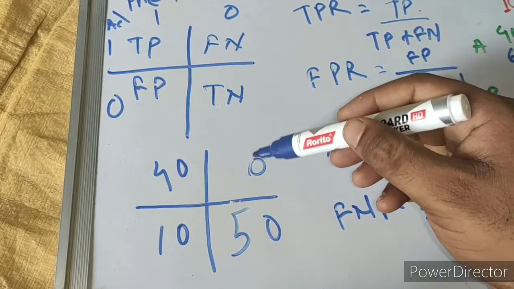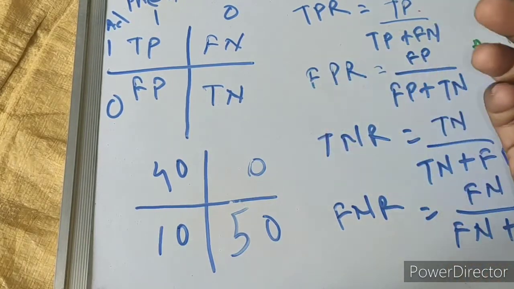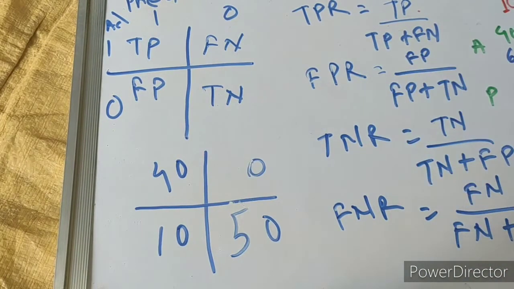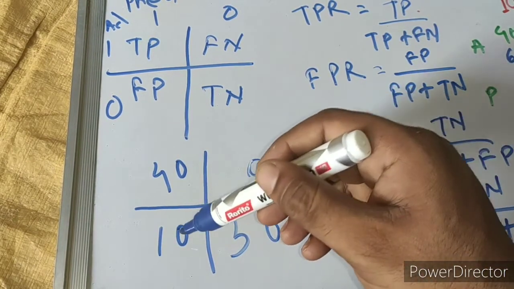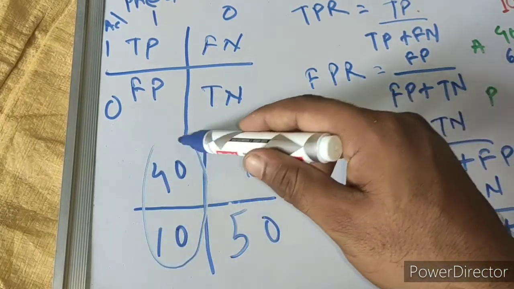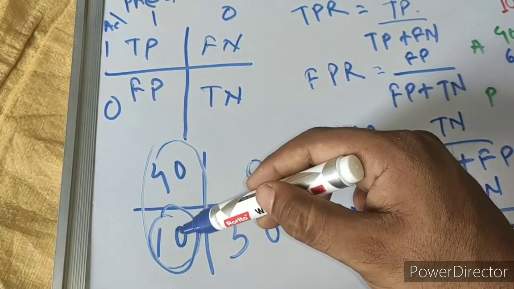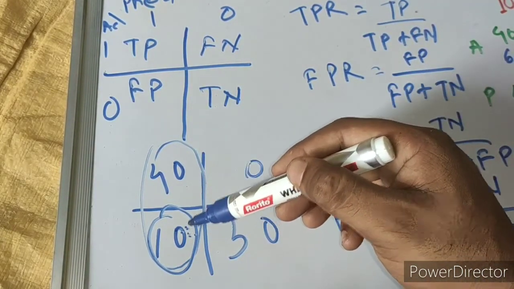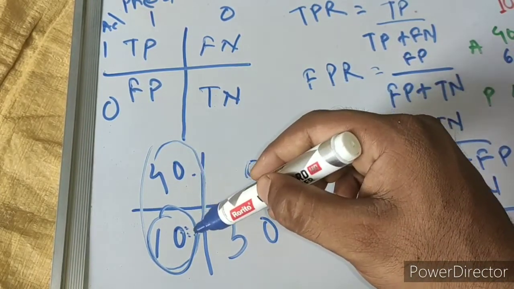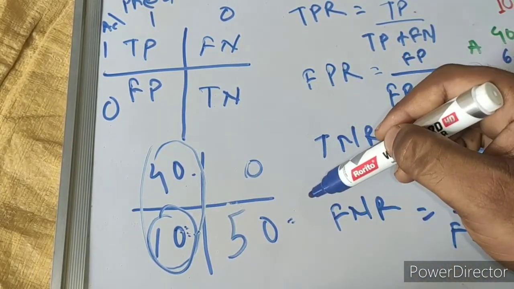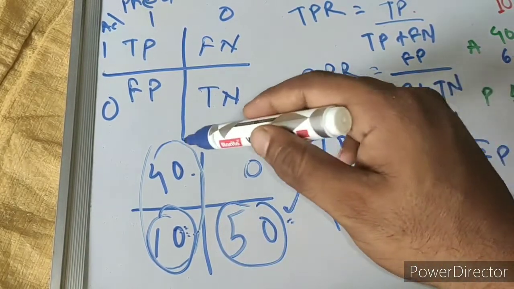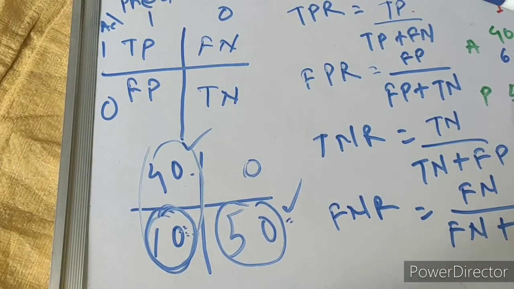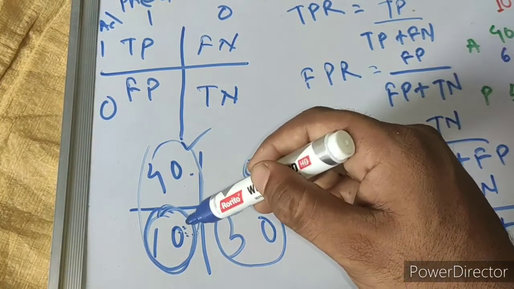Means we did not consider any lemon as any other fruit. But there are some other fruits which are considered as lemon. So here in the prediction category, there are 10 other fruits which are included as lemon. You can see here, false positive is lemon here. So true positive is 40, false positive is 10, and true negative is 50. This is correctly classified. This is correctly classified. But these 10 other fruits are included and considered here as lemon.